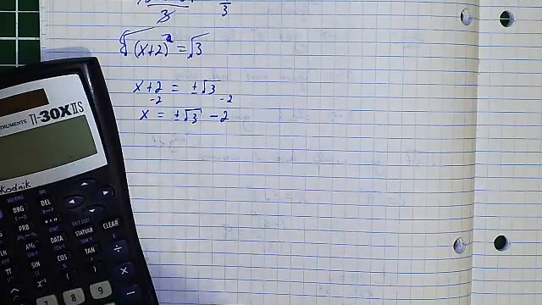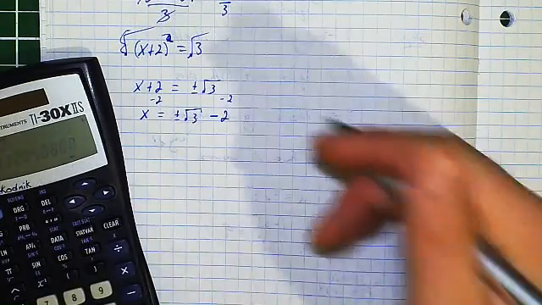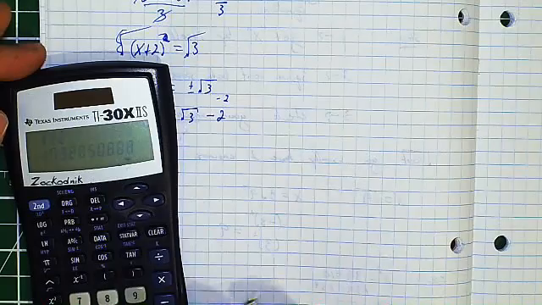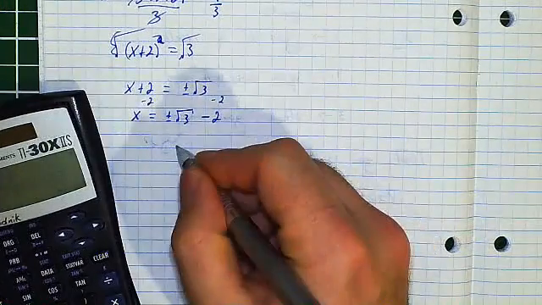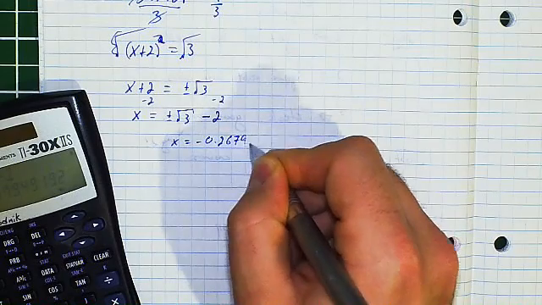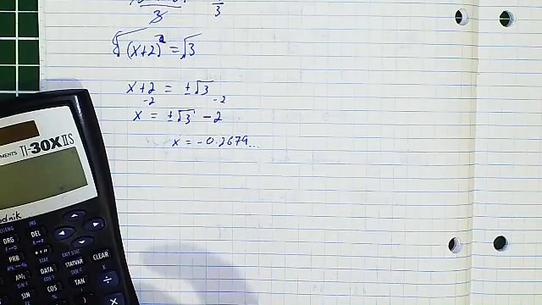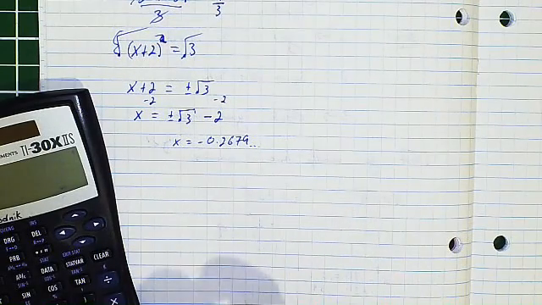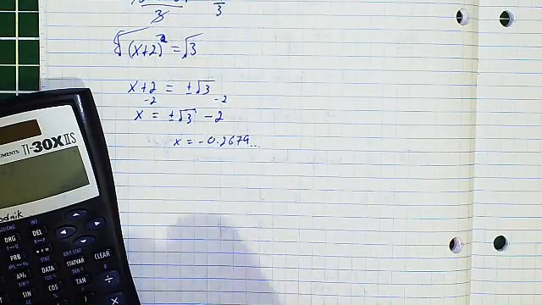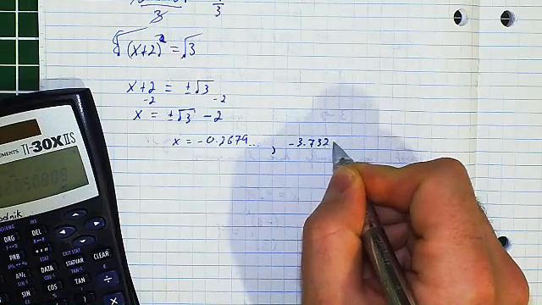And if you were asked to give me the exact values, what you do is say, well, root 3, so positive would be 1.7325, and so on, minus 2. So you'd say, well, one answer is negative 0.2679, and really after this point it gets pretty inaccurate. Or you'd say root 3, but this is essentially a negative, so negative, and then minus 2 again, or it would be negative 3.7